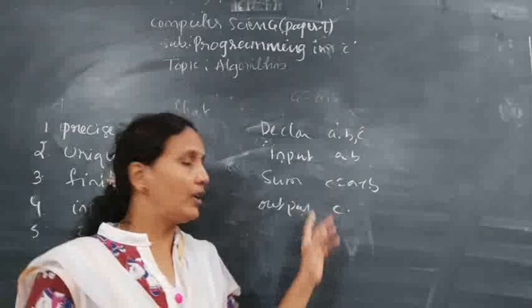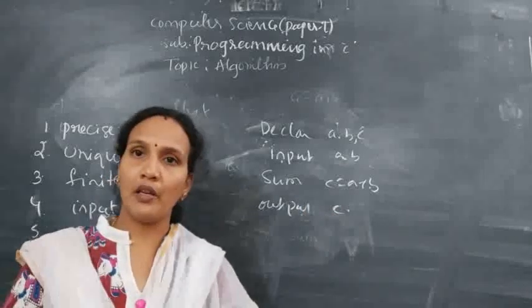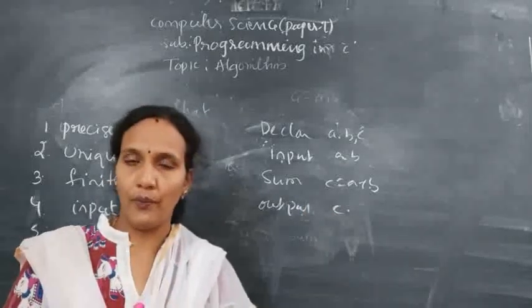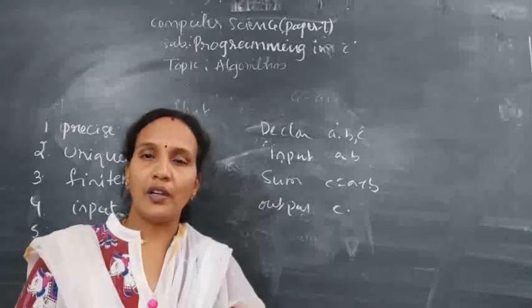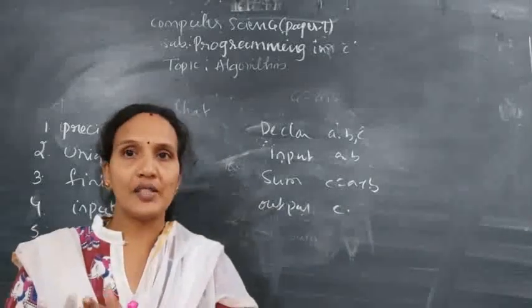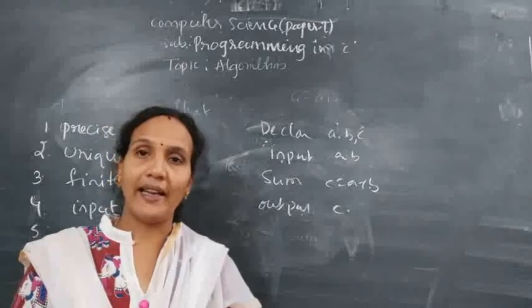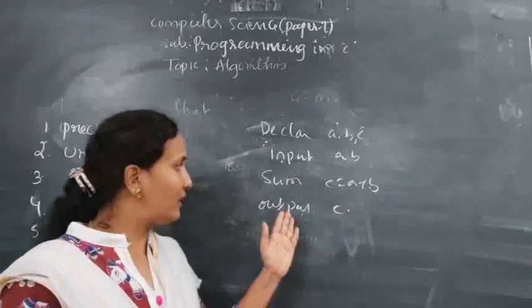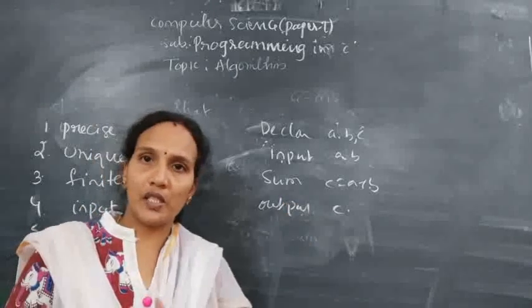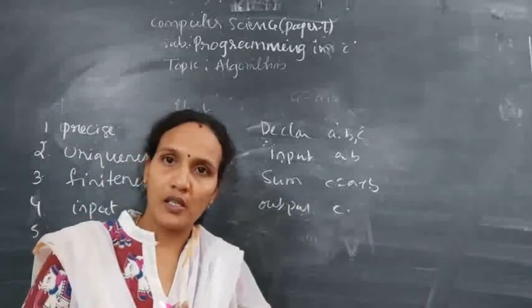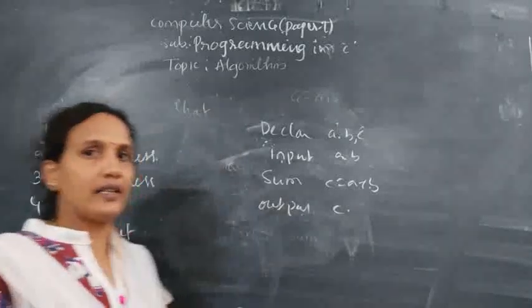Example, if you have written 4 steps, in the programming there should be 4 lines of code. Every algorithm should close after a finite set of steps. Limited number, exactly. Here I can't add one more step. Understood? After a finite set of steps, the algorithm should be closed. That is the next characteristic.